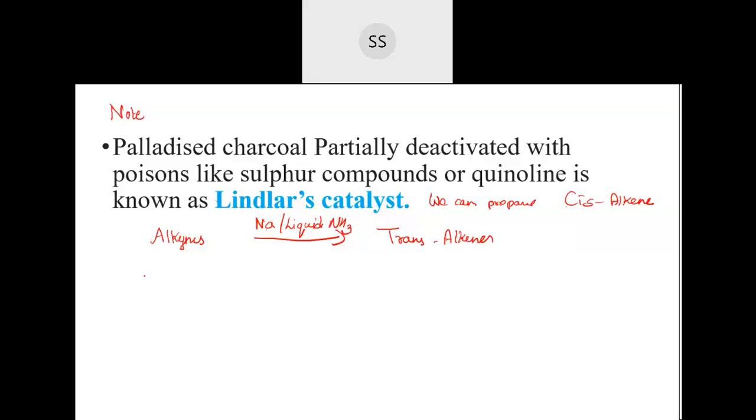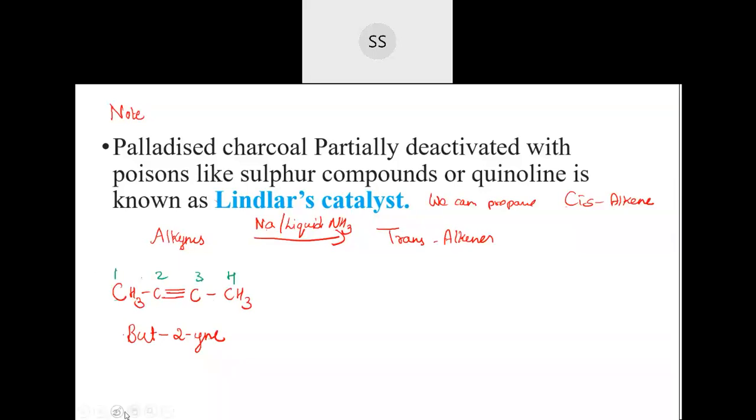So here, if I am taking alkynes, I will take this compound: CH3, C triple bond C, and then CH3. This is but-2-yne, because you can see 4 carbons are there. 4 carbons we call butane, so 1, 2, 3 and then 4. Between the second and third position you can see there is a triple bond, and you always use the least number. So 2 and then yne.